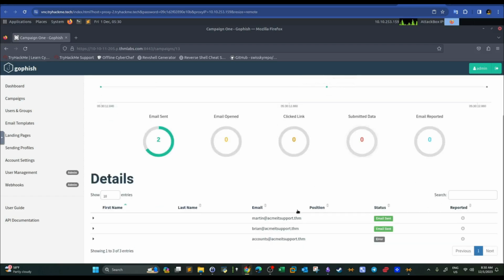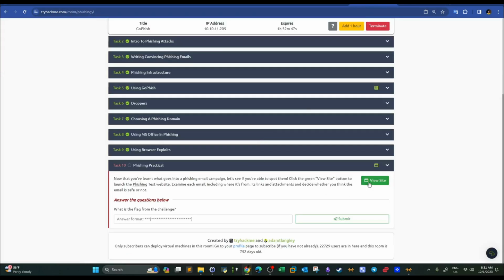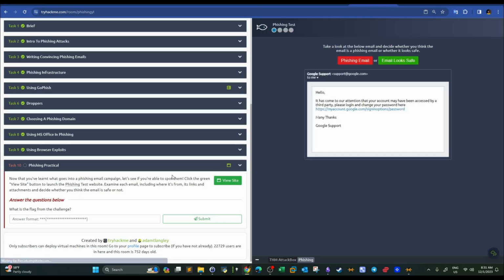And here you can see the list of targets. Now if someone has submitted data, you'll be able to receive the credentials by clicking on this arrow and viewing the details. You're gonna have to wait a bit for the data to pop up. While this is being done, let's take a look at this challenge at the end.